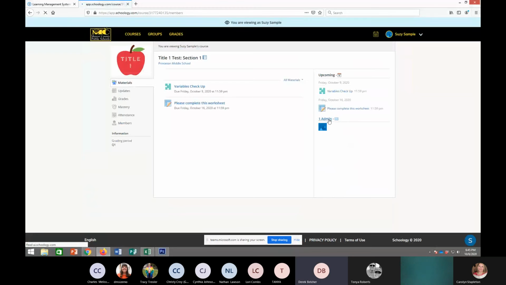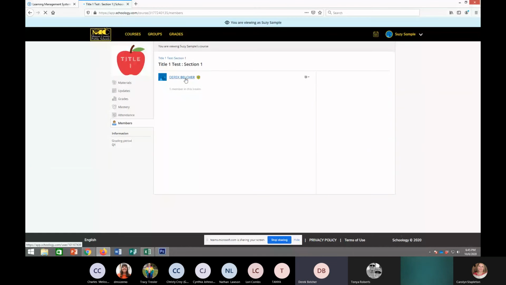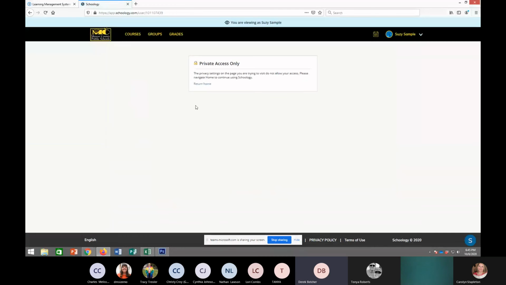If I click on the one admin, you can see my name, and you can send me a message this way, but I think clicking on my name, it gets the private access thing. We're really still in a trial and error approach to Schoology right now. We're really learning on the fly as far as what we need to provide access to and what doesn't need to have access. So this is actually on one of our tech punch lists to really evaluate this